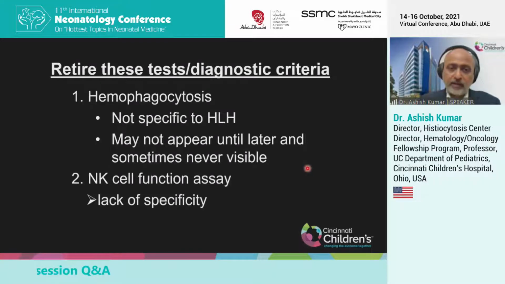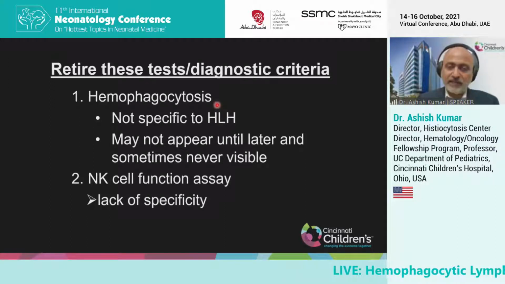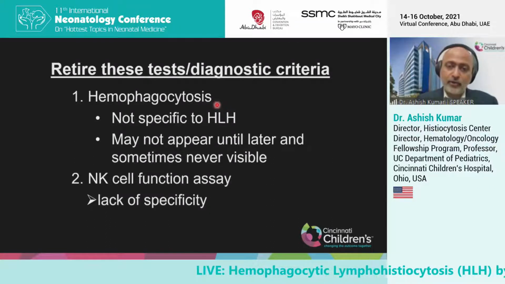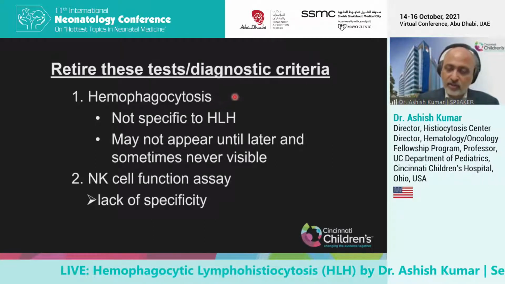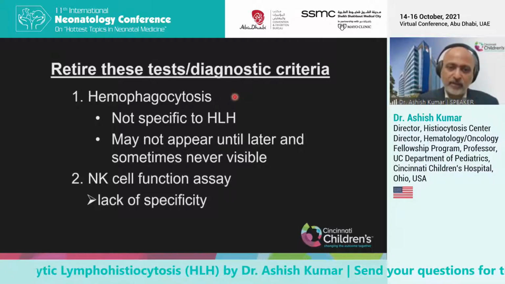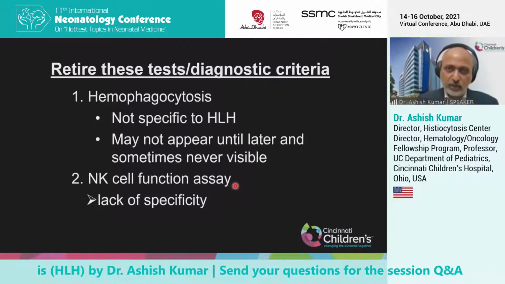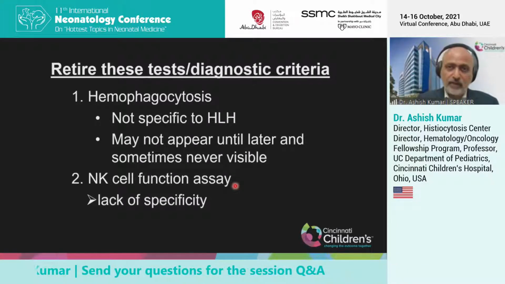We also find that, remember I told you, the disease got its name from hemophagocytosis. Turns out that it is not specific to HLH. This can be seen in many, many conditions, sometimes even normal bone marrow. And in many children with primary HLH, this is actually never seen. So we don't use this as a criterion anymore. And if you recall the 8 criteria that were listed, one of them was this thing called an NK cell function assay. First of all, it is a very challenging assay. It is not available in most laboratories. Even in the United States, there are only 2 or 3 labs in the entire country that will do this.